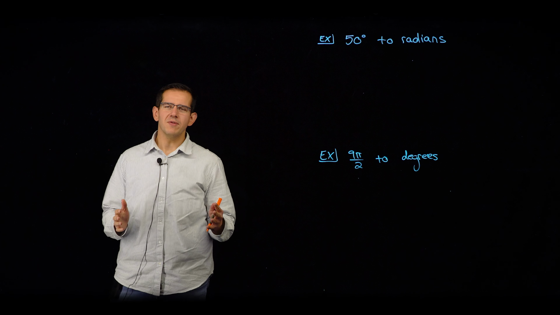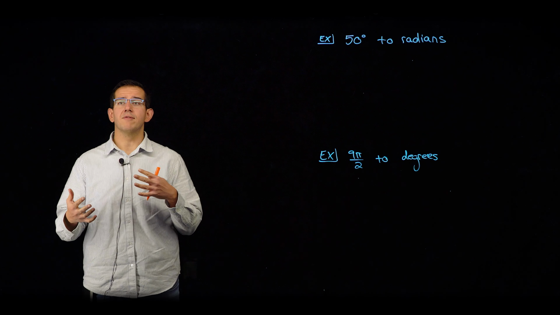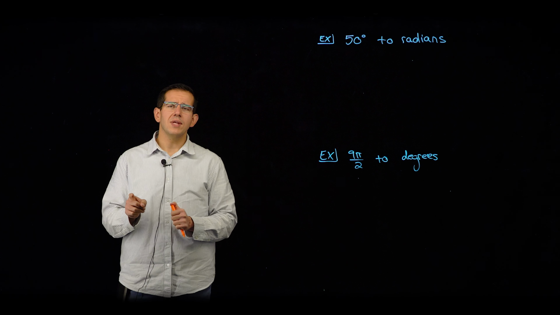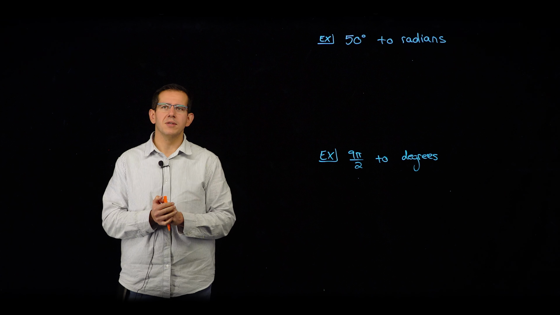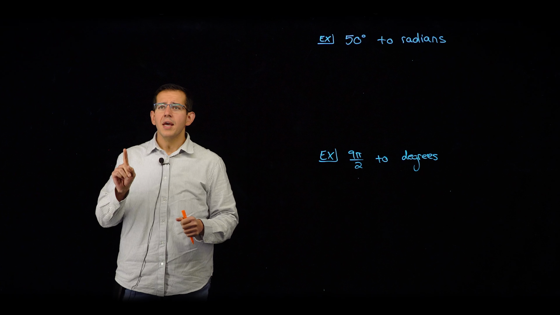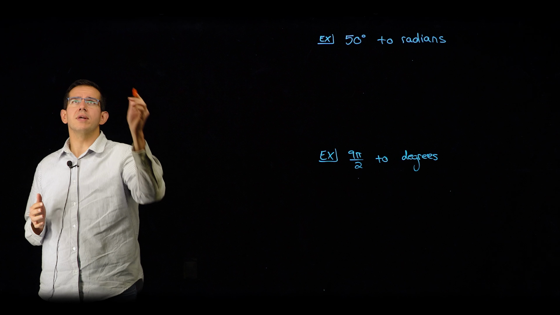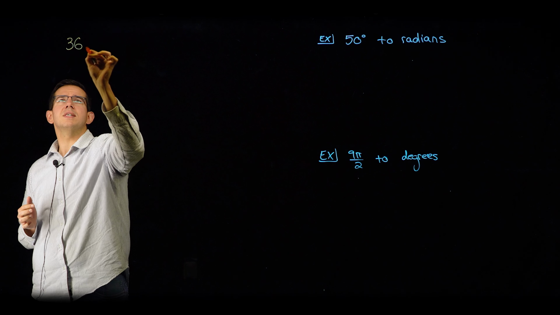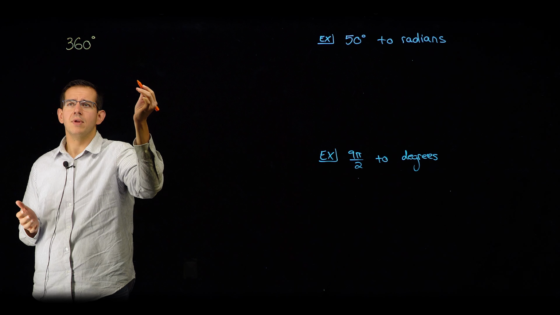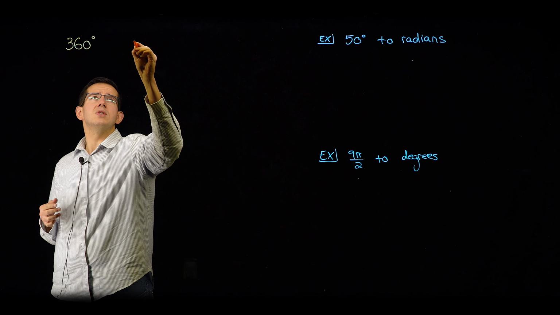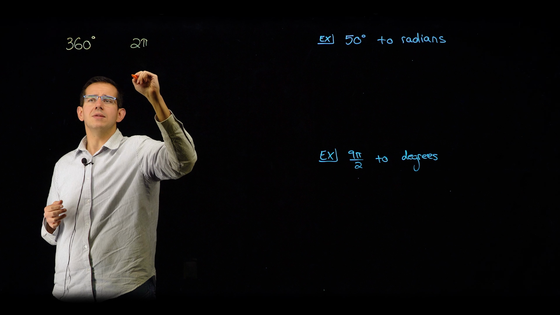Okay, so for this video we're going to discuss converting from degrees to radians and radians to degrees. In order to do that, we need to create a couple of formulas for our conversions. It's worth noting that since we know a complete rotation in degrees is 360 degrees, and since we know a complete rotation in radians is 2 pi radians,